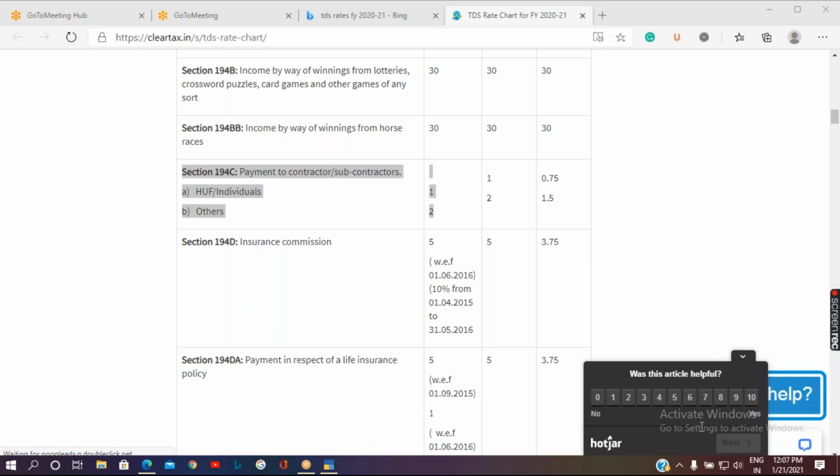Others is nothing but a company or any other type of business, it could be a partnership or anything else. The percentage varies in certain sections, and in some sections it is common to both. So we will be seeing 194C.